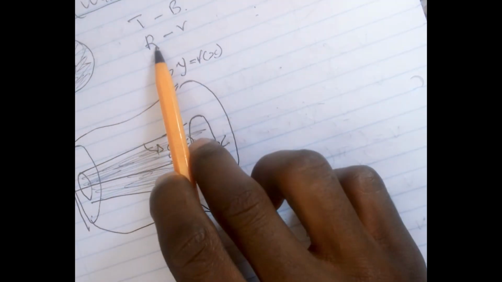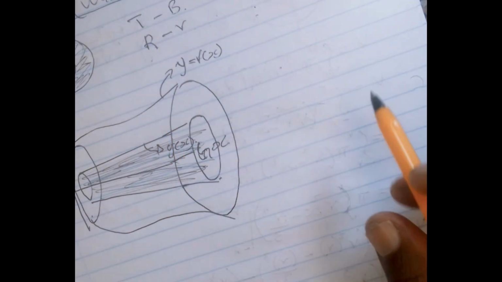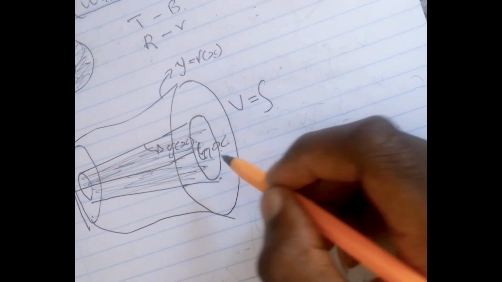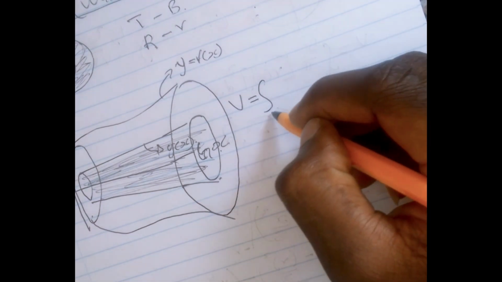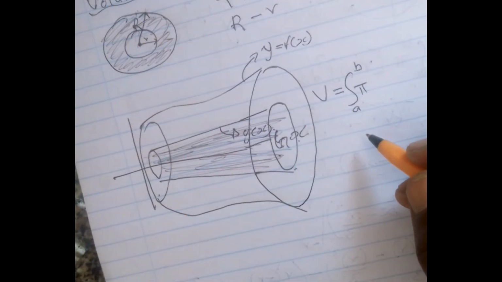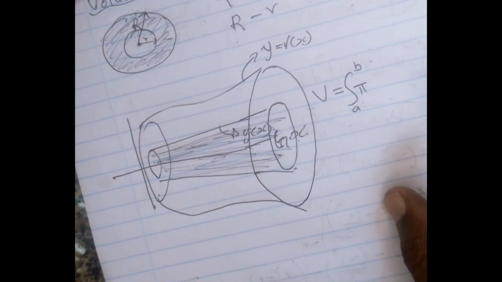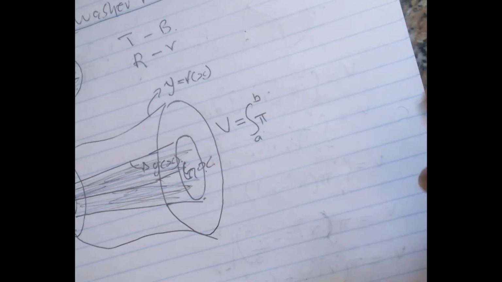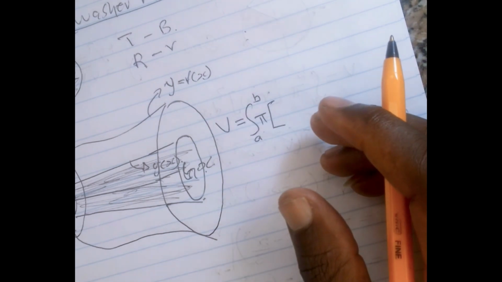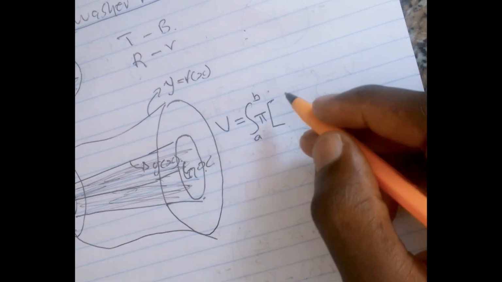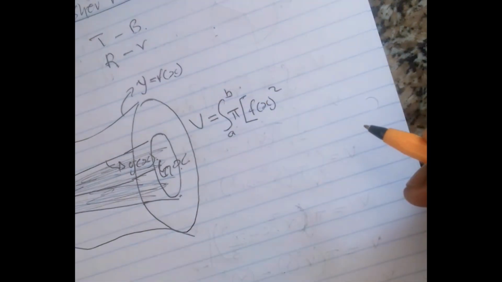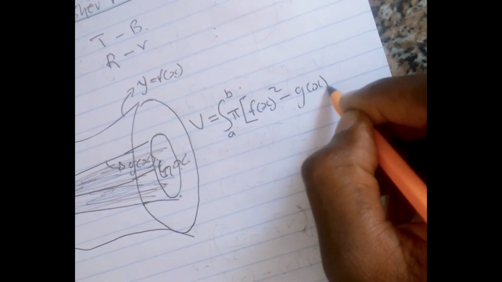Now, what is the volume of this? Remember that we said it's going to be a capital letter R minus small letter r. So the volume is going to be equal to an integral. Since we revolve this about the x-axis, that's going to be from a to b. We're still looking at pi because that is a circle, but now we've got two circles. So it's the same thing, where we say the top minus the bottom. The top curve is going to be your f of x squared, minus your g of x squared,